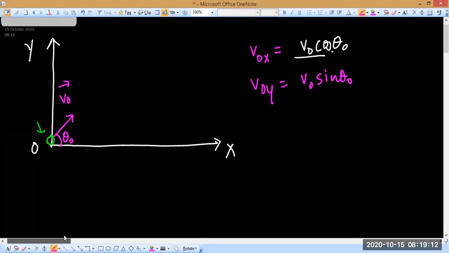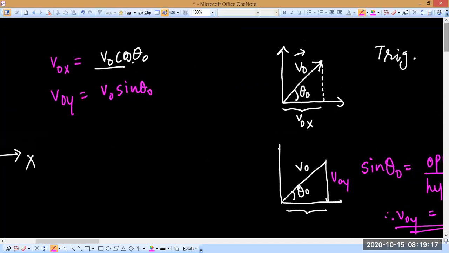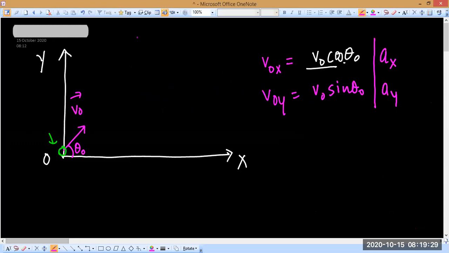So this is it. So now we have got the initial components, the components of initial velocity, right? Now next, components of acceleration. Now again, let me tell you, acceleration is constant here, and in fact it is equal to minus g j caret, because